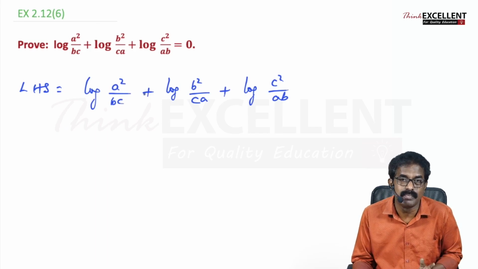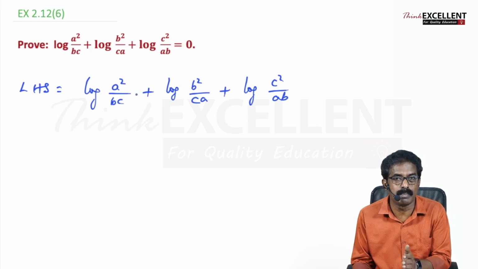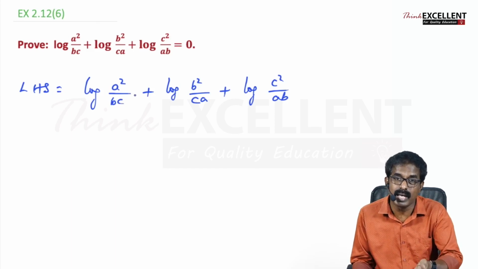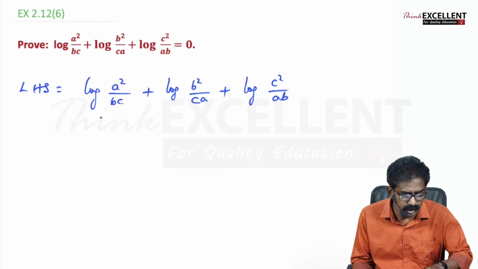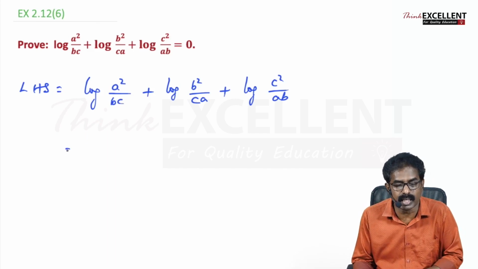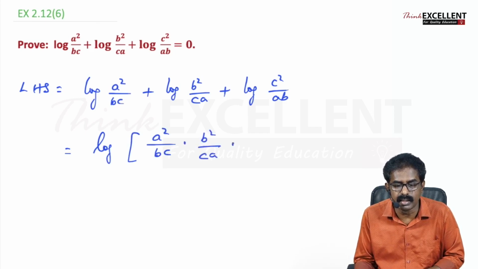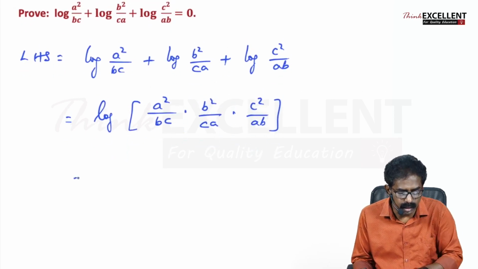Now it is plus log a plus log b. What is log a plus log b? Log of ab. What is log a minus log b? Log of a by b. Here everything is plus only, so you just have to multiply. So write a single log, log of the first one, a square by bc into b square by ca into c square by ab. So that is log of,